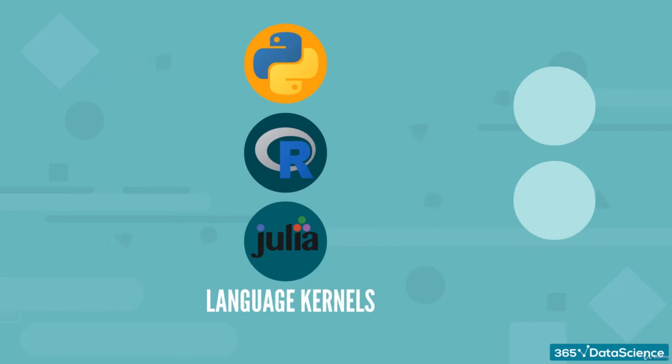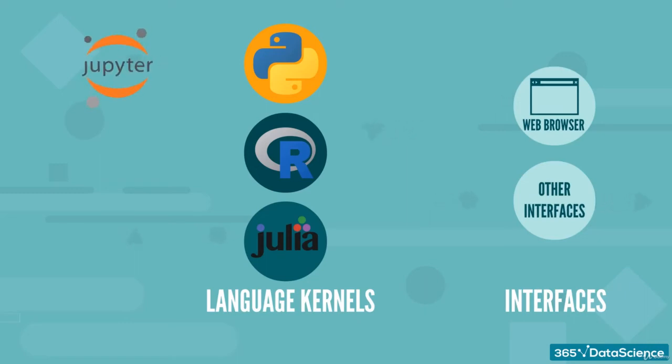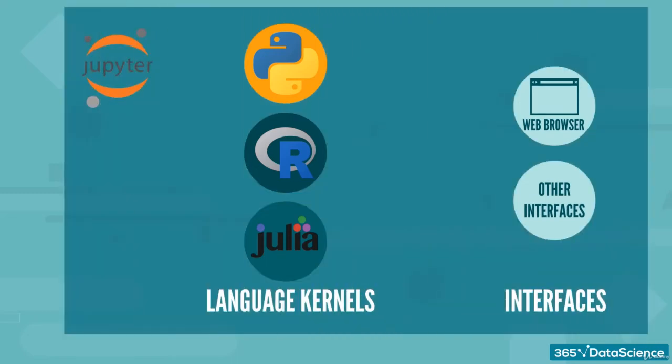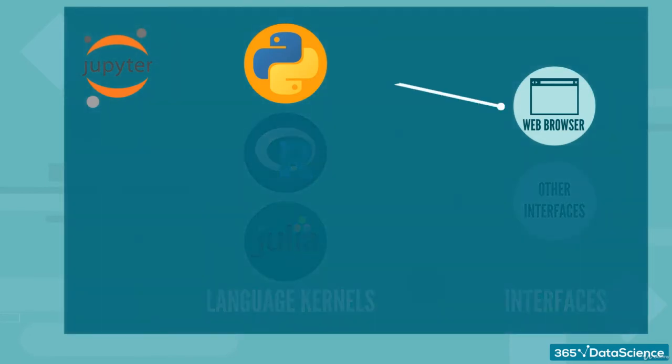On the other side, you have various types of interfaces where you can write code. They represent the clients. An example of such a client is the web browser. The Jupyter server provides an environment where a client is matched with a corresponding language kernel. In our case, we will focus on Python and a web browser as a client or as an interactive